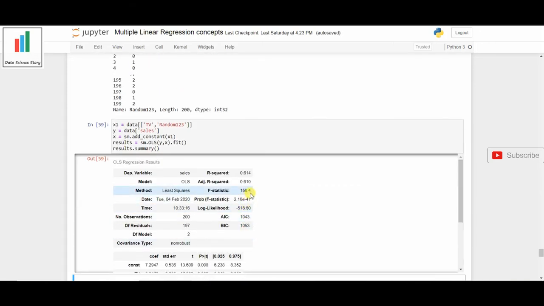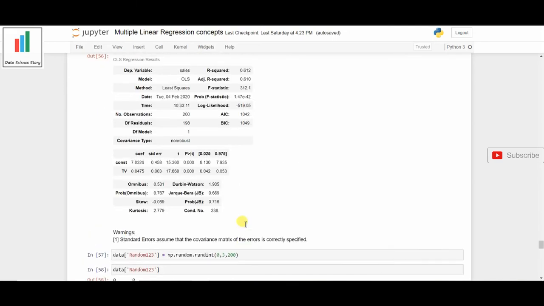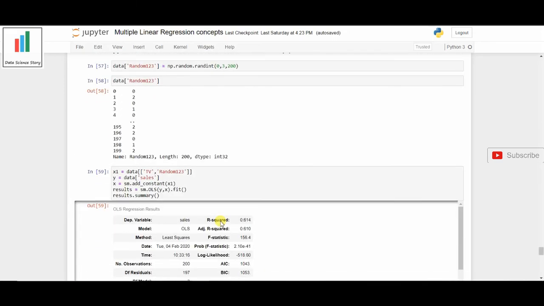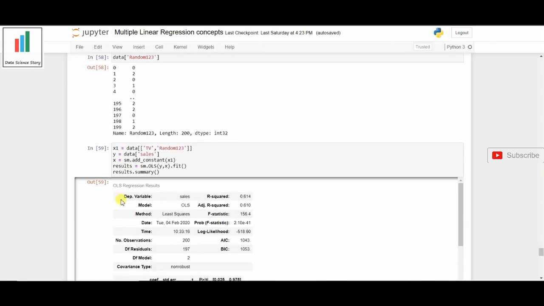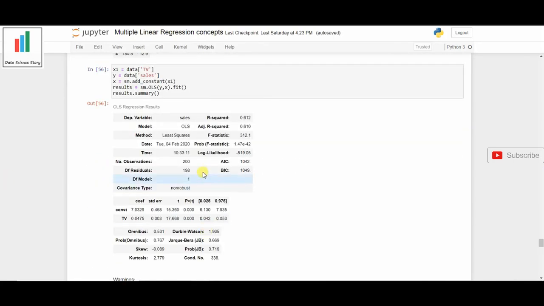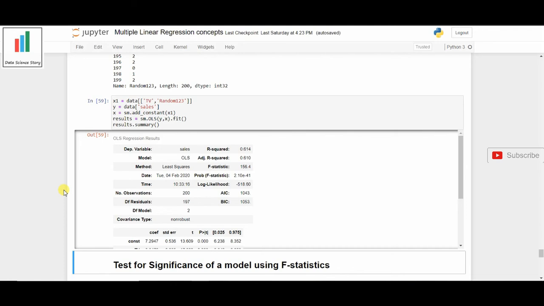F-statistic in the model that has the random 1 2 3 as a predictor is almost half of the value that we saw in our previous model. So what does this imply? And if you see the probability of the F-statistic, it's 0.147 times 10 to the power minus 42, and in our new model that includes the superficial random 1 2 3, the probability of the F-statistic is 2.10 times 10 to the power minus 41. So it actually increased,